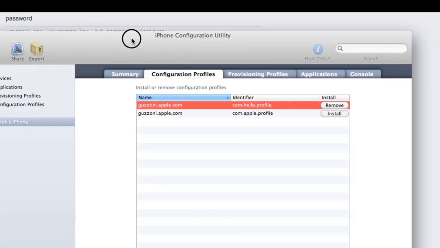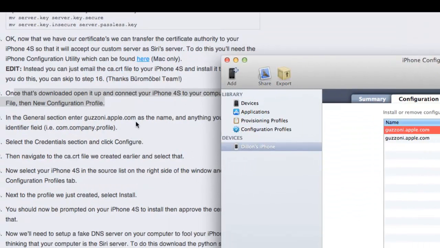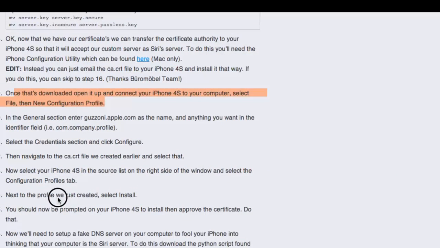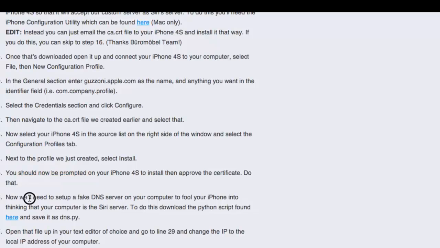Very, very self-explanatory. And then next to the profile we just created, obviously click install. You should now be prompting your 4S to install the certificate. Now we'll set up a fake DNS server on your computer to fool your iPhone into thinking that your computer is a Siri server. To do this, download the Python script found here and save it as